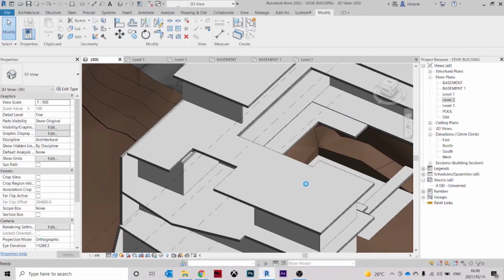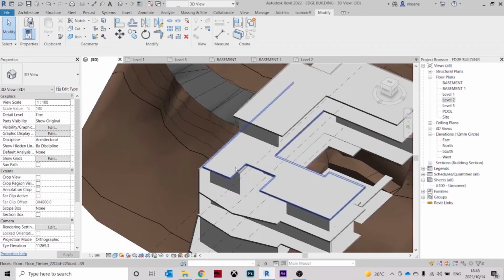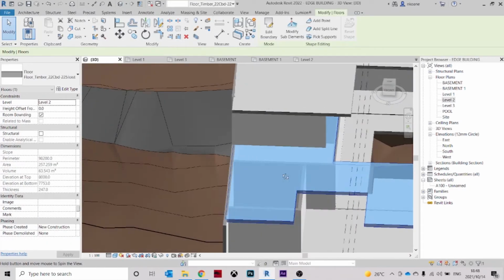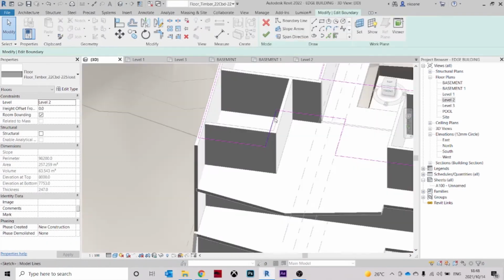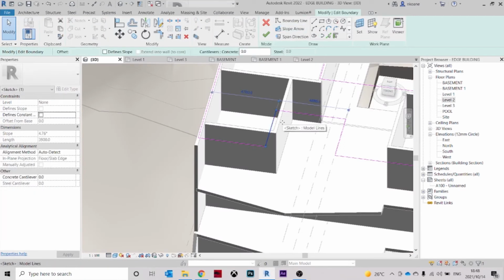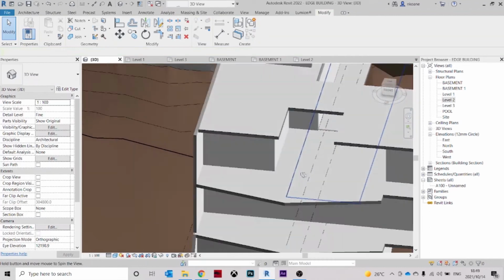Now from here, as Revit is taking its time to save, I want to edit this to be just over that wall, like that,